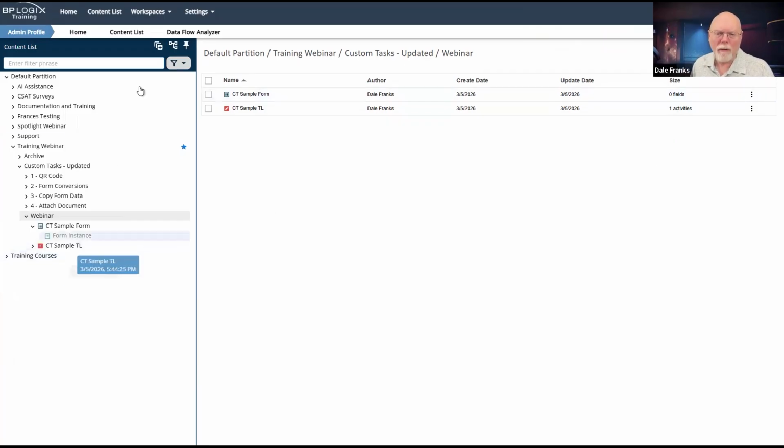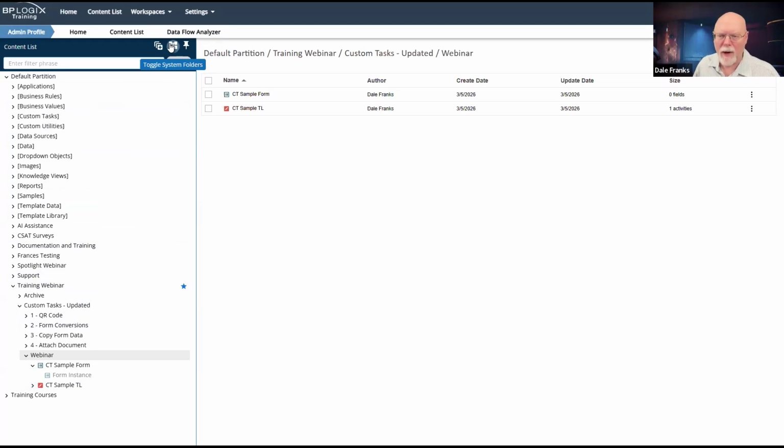In general, all of the custom tasks are in one of what we call the system folders. So on the content list, right now I'm not showing any of my system folders. I generally keep them turned off because they take up a lot of room in the content list, and I'd prefer to save the room. But there is the toggle system folders button, and when I click it, it opens up all of the system